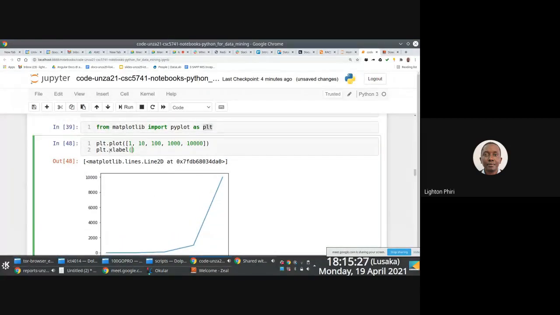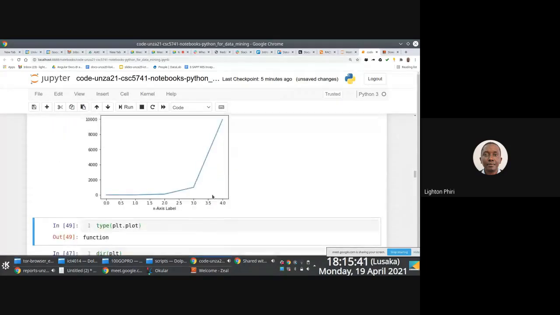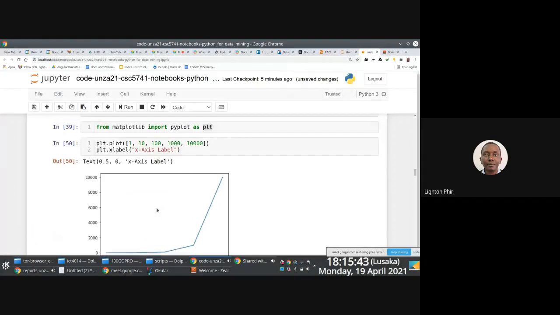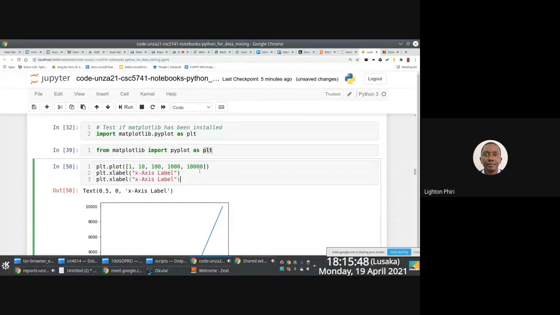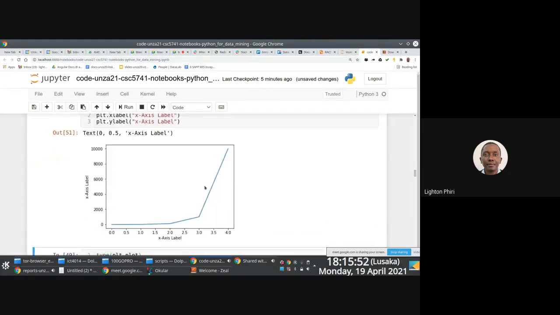So I can use the xlabel function to specify the x-axis label, and I'll just call this the X axis label, right? And then once you run this, it will appear at the bottom. You do the same thing for the y-axis label, and then you should be able to hopefully get a desirable